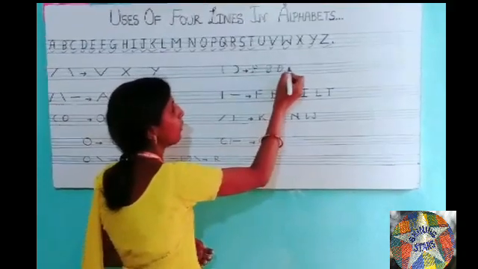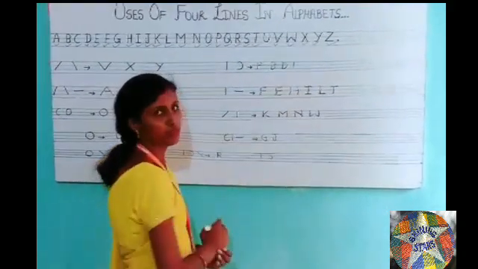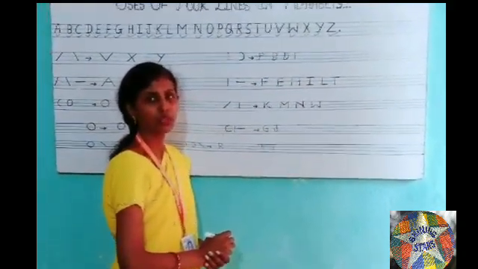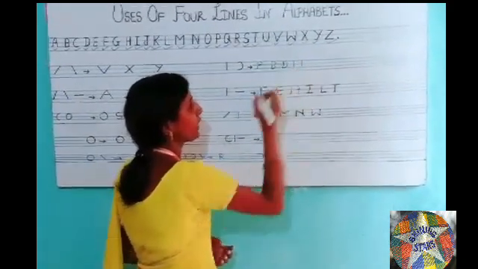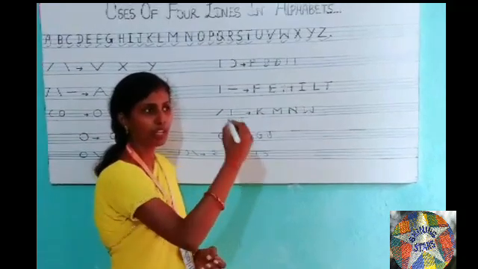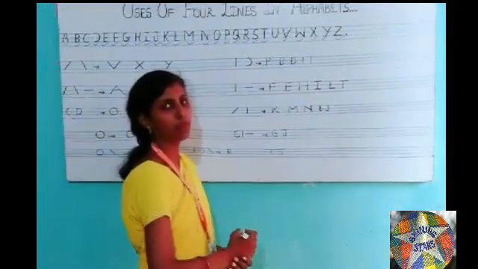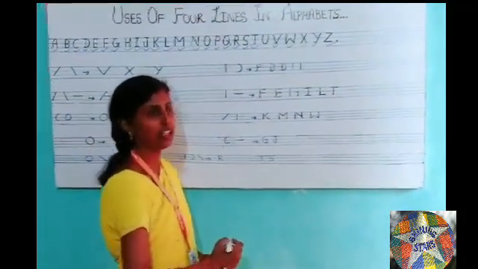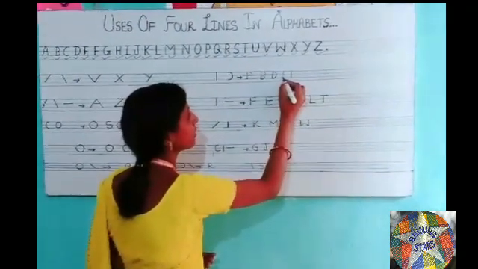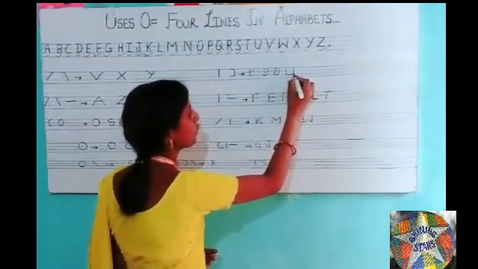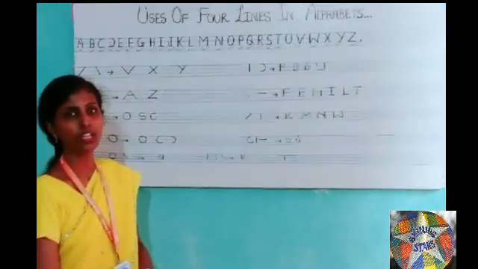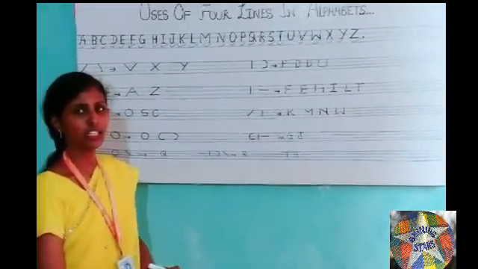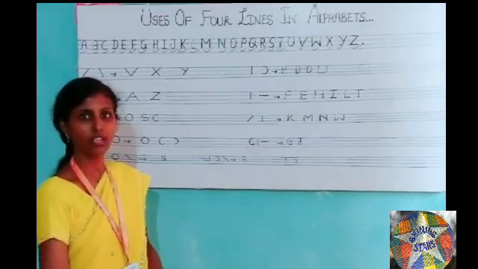How will it be? Look here. Make two standing lines from the first blue line to the second green line. Again, from the first blue line to the second green line, and just make a small C on the opposite side of the second green line. It will look like this. Look here, just use the green line. What does it become? U. What does it become? V.